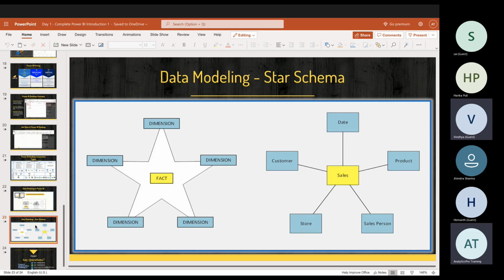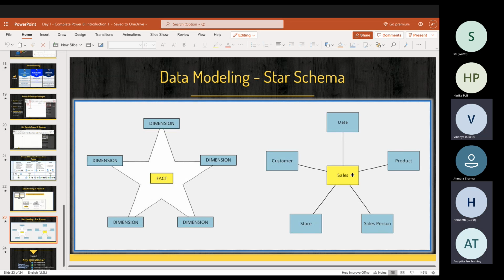So moving forward, here it is, the star schema. Now I just said about your sales table, right? From where you have placed order, that is your fact table. I said we have a customer ID, so we also have a customer ID too. Then we also have some date table as well. We also have some product table as well. Similar to that, we have some salesperson, store, but why do we have all these? Because they're all dimension tables and this sales table is a fact table.